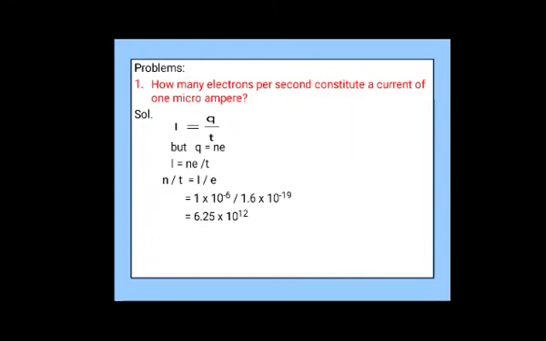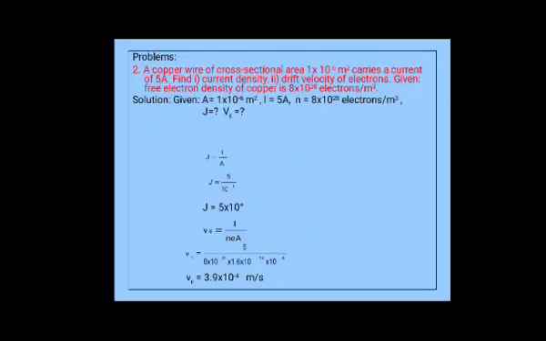Instead of micro, say for example, nano is asked, nanoampere. Then, very simple one, in the numerator nano means 10^-9 you have to take, and the denominator will be 10^-19, which you will shift. So, you will get 10 raised to how much? 10^10. If you shift it by 1 digit, you will get 6.25 × 10^11. So, like this you remember the values so that you can solve it very easily.